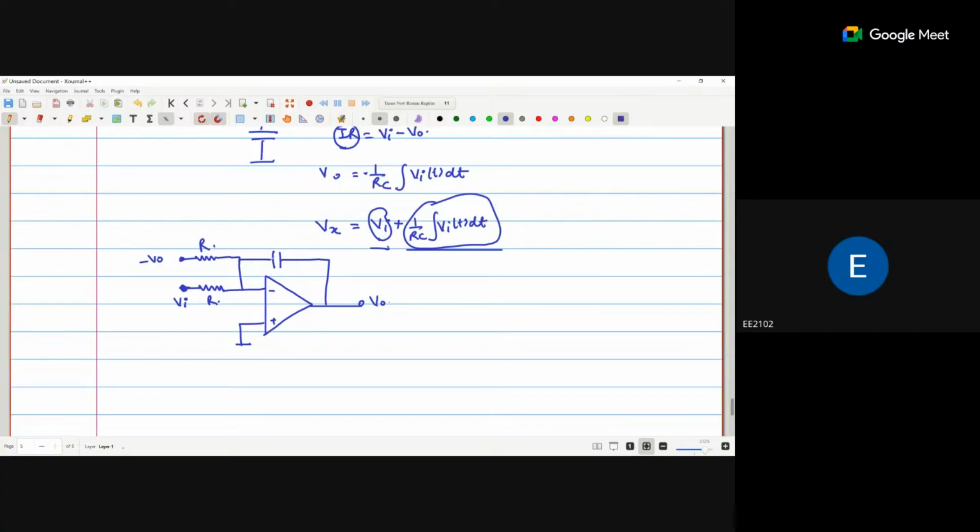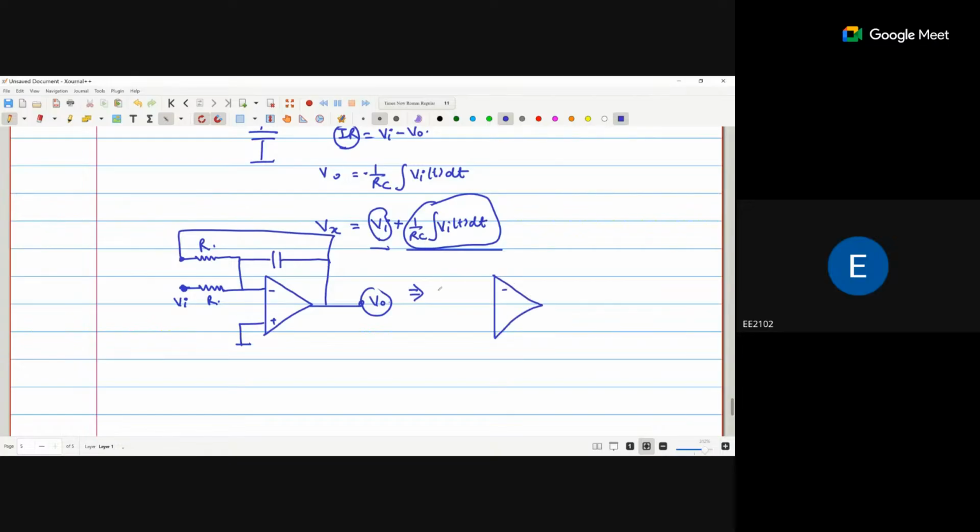Okay, and this is a V naught minus V naught, and this is a V naught. So what should we do? We connect this one from here, because we are getting the V naught as a negative. So that is also the minus V naught. So we are getting this circuit, and the simplified version of that one is